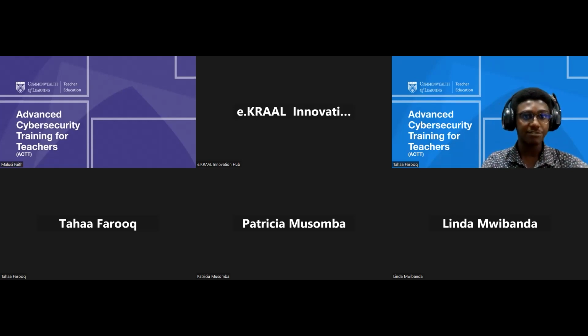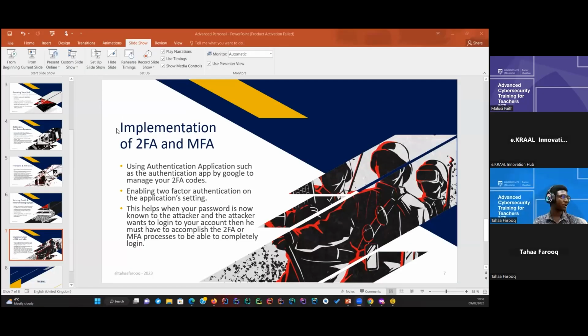two-factor authentication and MFA. Yes, so here, implementation of 2FA and MFA. Not only can you use the security processes on your email, but you can also use them for different applications as well. So let's say you're using maybe Slack. For the students, most of the students use Slack